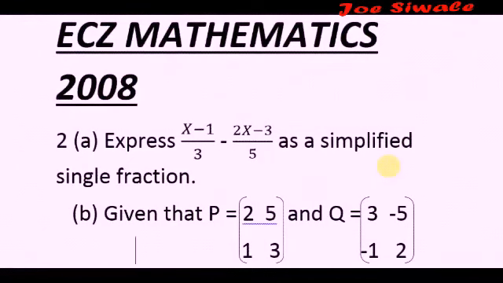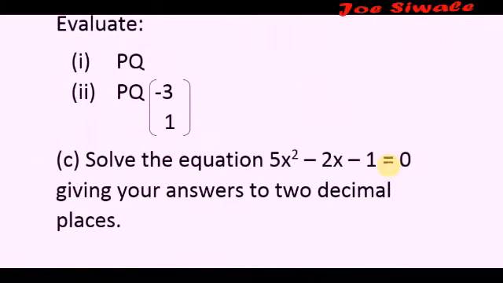So this is the question that came in mathematics 2008. I'm going to share with you the answers of the second question. The first question says express (x − 1)/3 − (2x − 3)/5 as a simplified single fraction. Then question B says, given that P is the matrix 2, 5, 1, 3, and Q is the matrix 3, −5, −1, and 2, evaluate